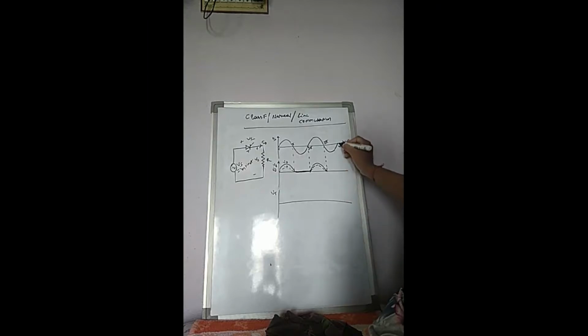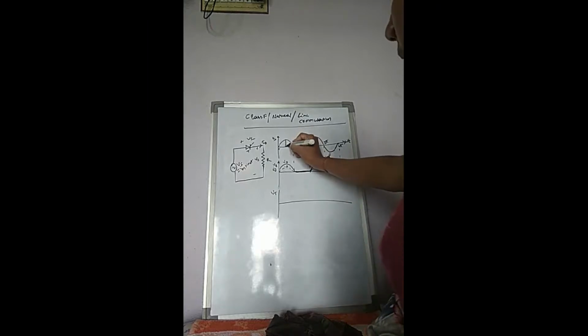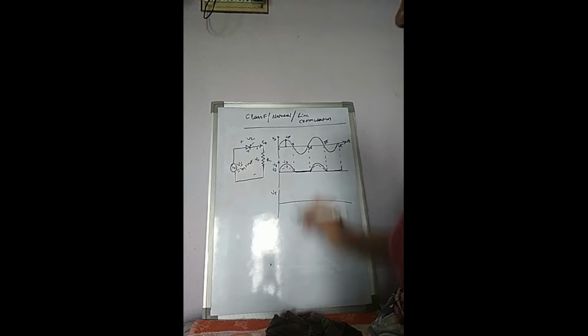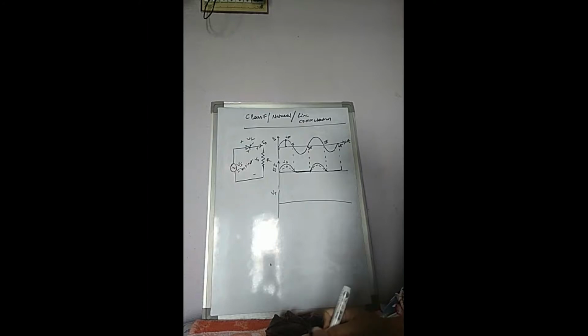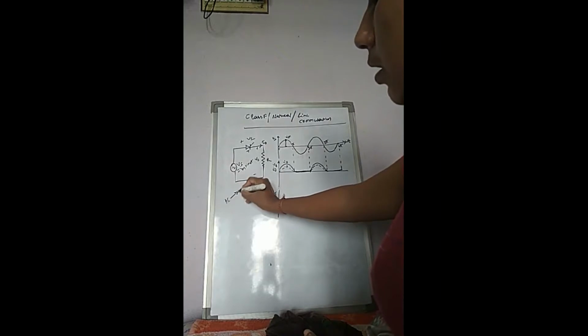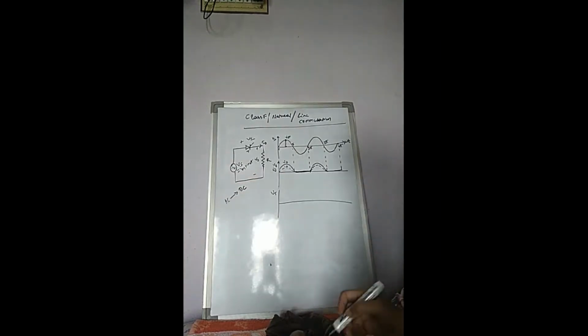Okay, and then again for negative half cycle thyristor is in off state. Clear? Here the magnitude or amplitude is Vm. Okay, so this is all about the process of the phase controlled converter. This is the single phase controlled rectifier which converts AC to DC. Okay, so here we may not get the pure DC, but we get here the